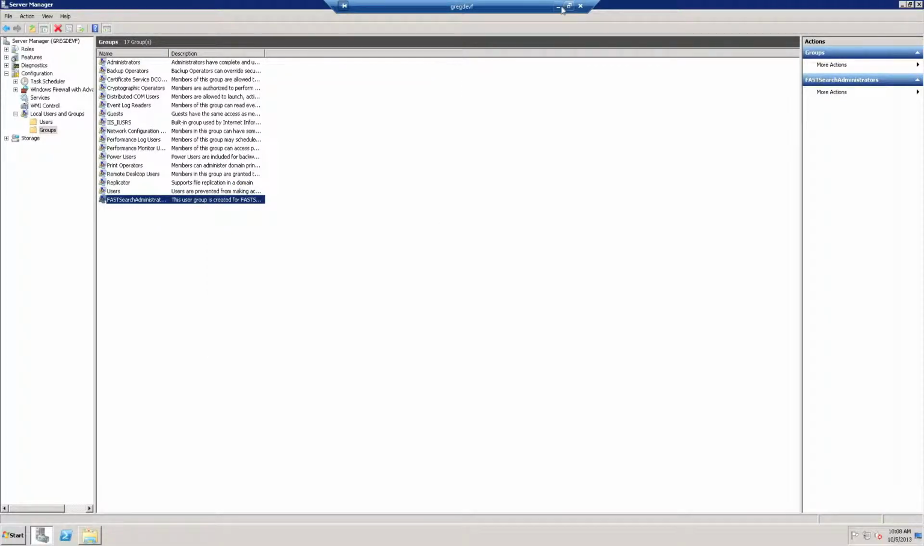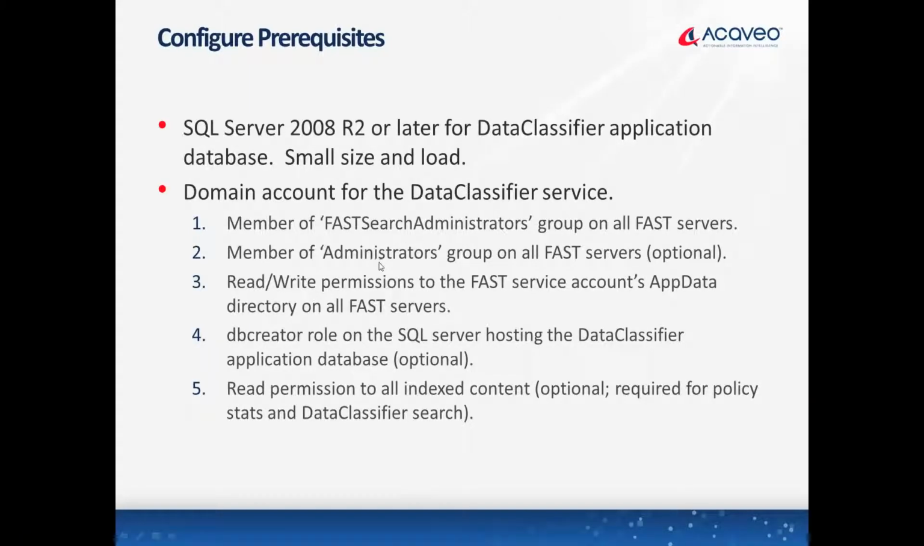So the next requirement for the DataClassifier service account is that it needs to have read-write permissions to the app data directory for whatever the Fast service account is. And again, this would apply across all of your Fast servers. So in my environment, if I connect back to GregDevF,